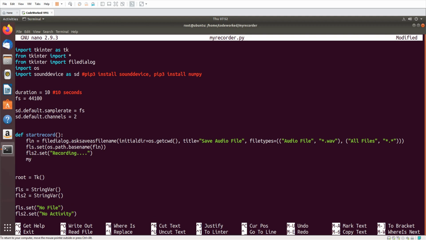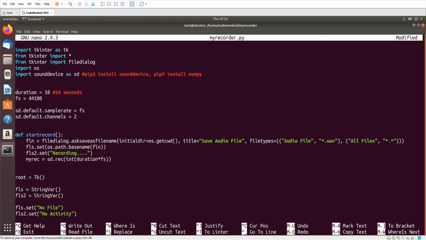Okay guys, now here I will set a variable to hold my recording, myrec. Okay, and I will call the sd.rec function. Here I will pass duration multiplied by fs.